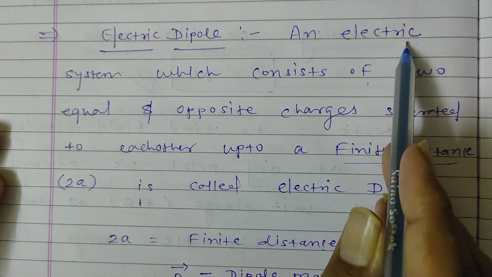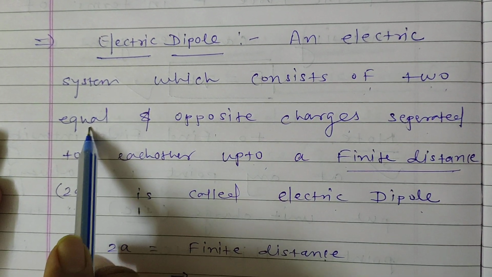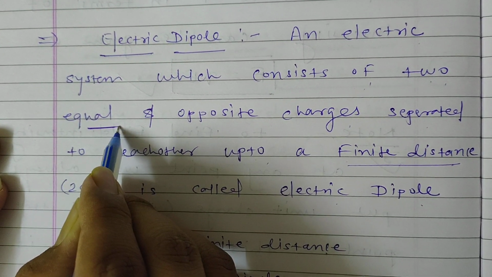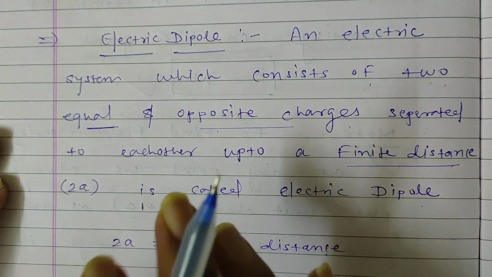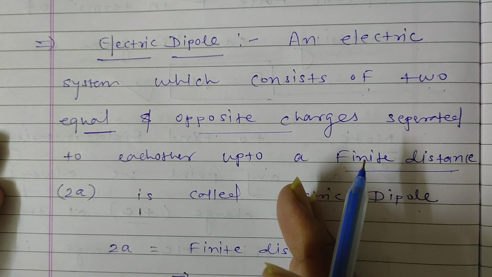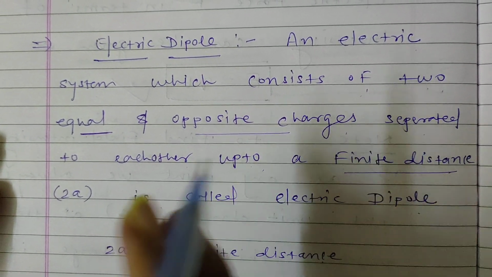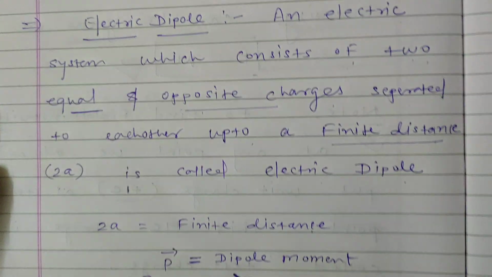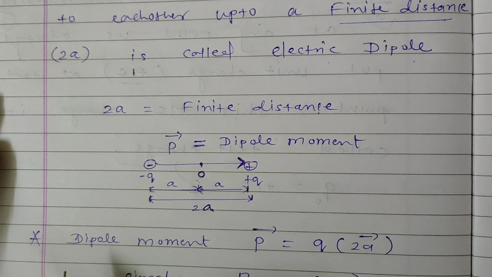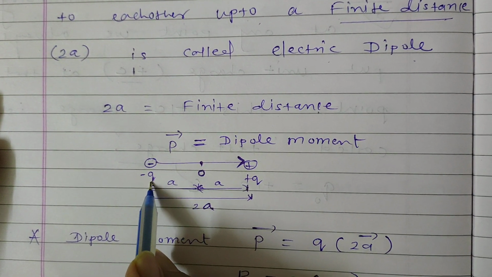Again, an electric system which consists of two equal and opposite charges. The important point is here, the system consists of equal and opposite charges. Means the two charges have the same amount of charge but their nature is different. Means if one of them is minus q, then the other is plus q, but their amount must be the same. 2a is finite distance. Now here is the example of electric dipole and the diagram of dipole: minus q, that one